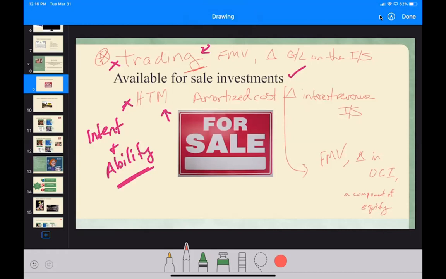So at the end of every month, in accordance with GAAP, generally accepted accounting principles, we have to report our available for sale securities on our balance sheet at fair market value. On that day, March 31st, what was the market value of that investment? On April 30th, what's the market value? So every month it's going to be changing. It may change a little, it may change a lot. Other questions?